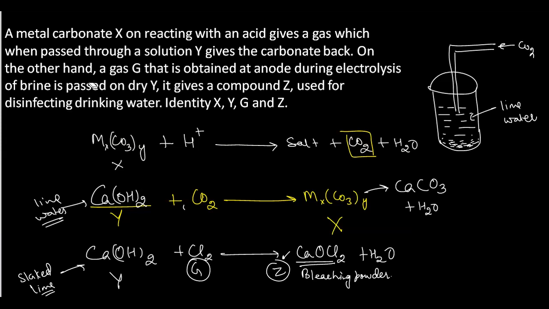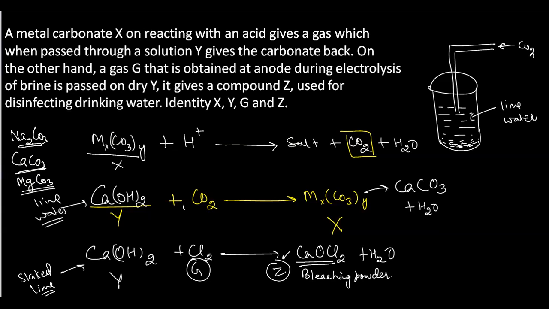इसका क्या मतलब हुआ बेटा? That when we have a metal carbonate, what do you mean by the term metal carbonate? Metal carbonate means metals with the carbonate group, CO3 group. For example, sodium carbonate Na2CO3, calcium carbonate CaCO3, magnesium carbonate MgCO3. So these are the metal carbonates, metals with carbonate group. Got it?